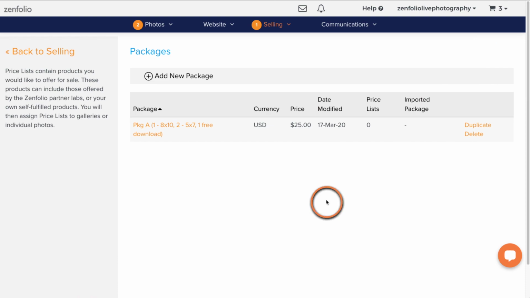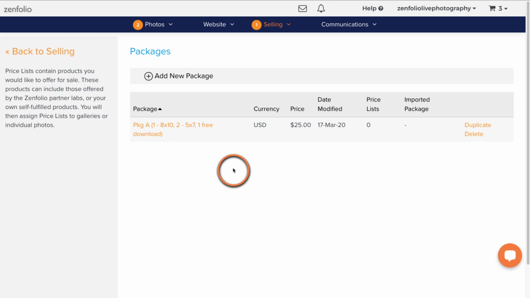So for example, if this is a package for a school shoot, but maybe you do portraits as well, maybe this would be SPKGA, and then the other one would just be PKGA. So you know which package you're supposed to use for your school price list and which package goes on your portraits price list. That way you're setting up the correct packages.